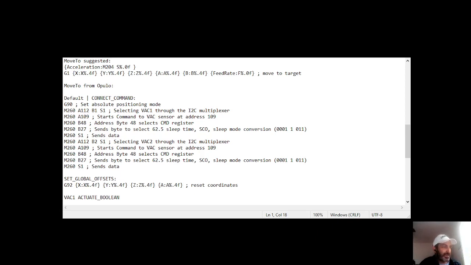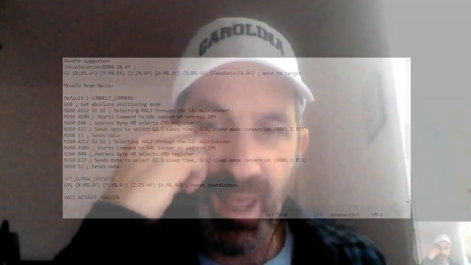Now this one I'm going to have to dismiss because, well, there is no pump. So let's just let it go at that. Let's find issues and solutions again. Now it's showing as dismissed. The vacuum valve actuator has no actuate Boolean command, and neither does vacuum 2. So if we look again at the